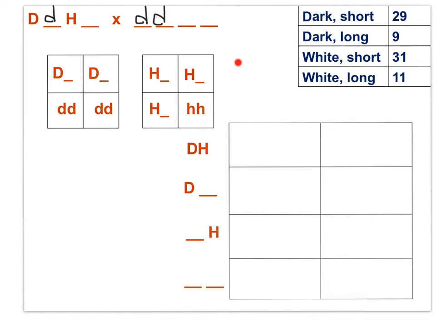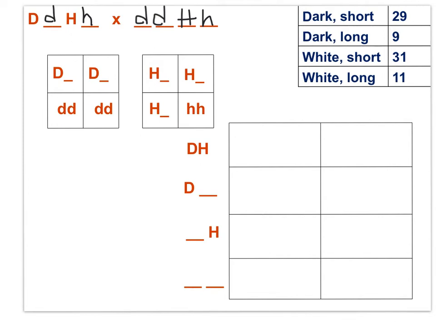Now, if we look at the other characteristic, which is hair length, we can see 60 animals that have short hair and 20 that have long hair, and that's a 3-to-1 ratio, and so we can see that here, and with that we can determine that this individual is heterozygous for short hair, and this individual also heterozygous for short